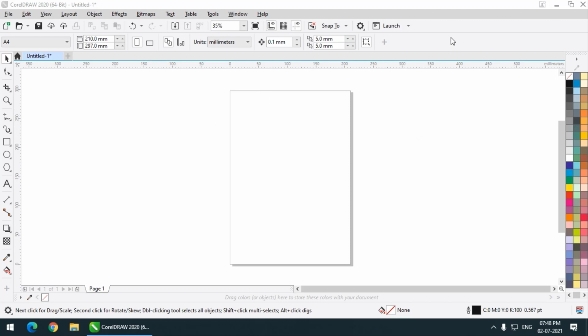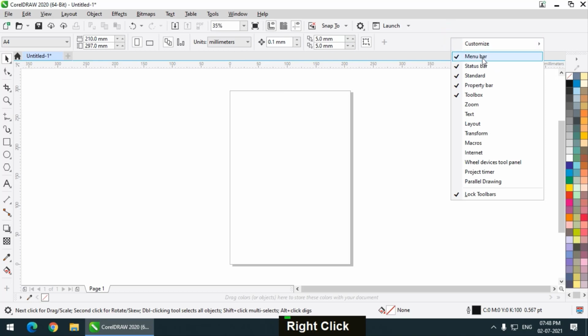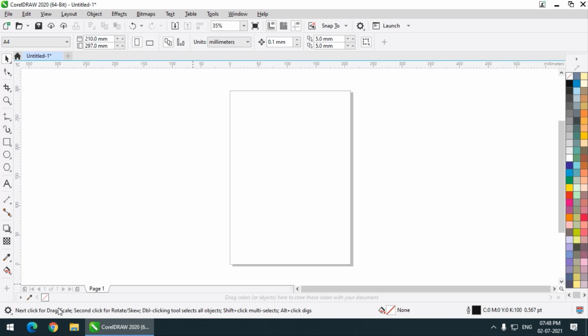You can simply right click over here. As you can see, we have a menu bar, we have the standard bar, which is this one, we have the property bar, toolbox, and we also have the status bar, which gives us information about the tools that we select as we go along. So this is the status bar, and this is the workspace.